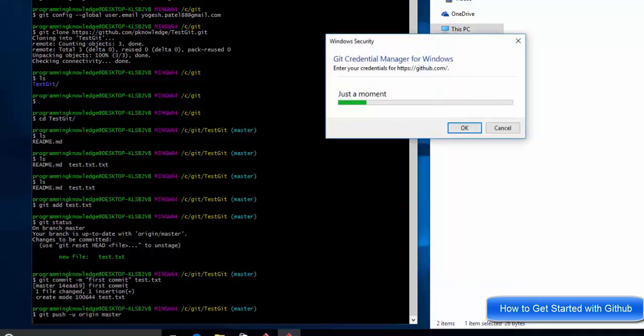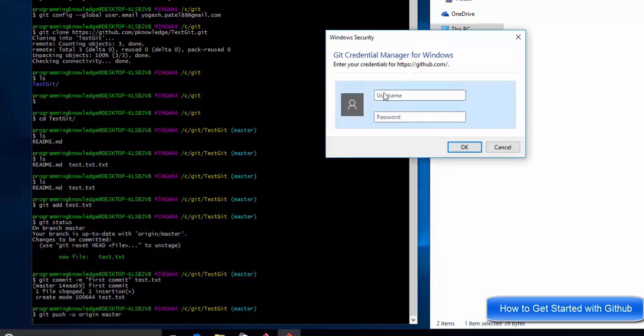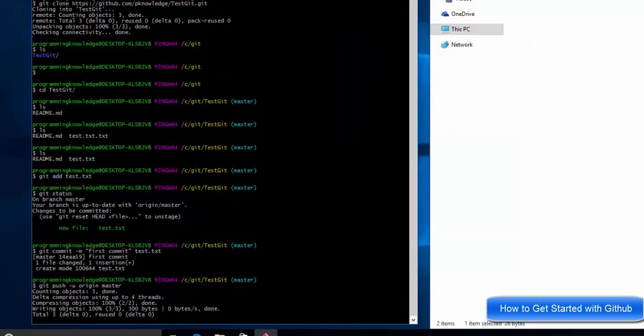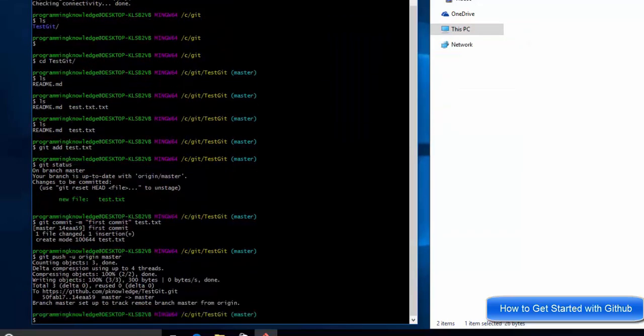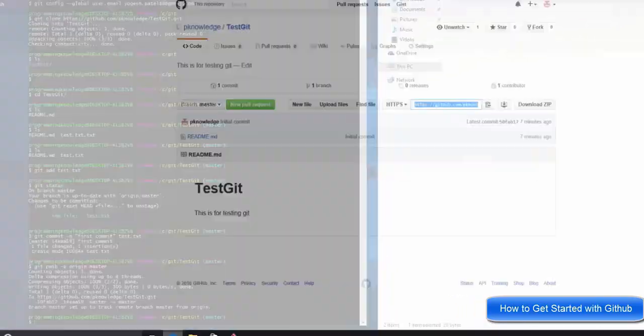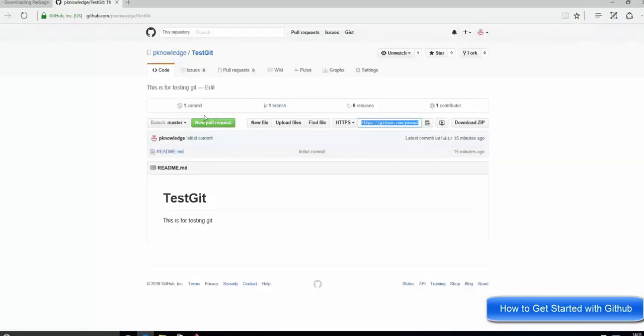You can see it's asking for the Git Credential Manager for Windows, and for the first time you need to give your username and password here in the Windows security. You can just give your git username and password. So I'm going to give it and press OK, and now you can see it has transferred our files to our GitHub account. So we can go to our browser here, and I will go to my GitHub account,